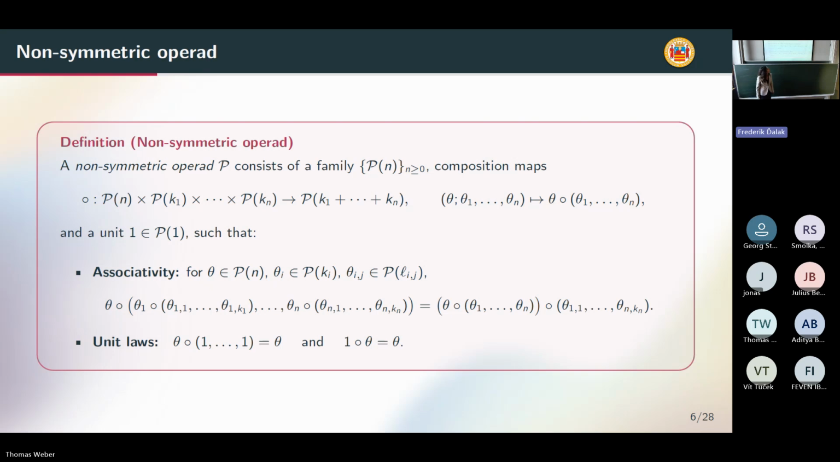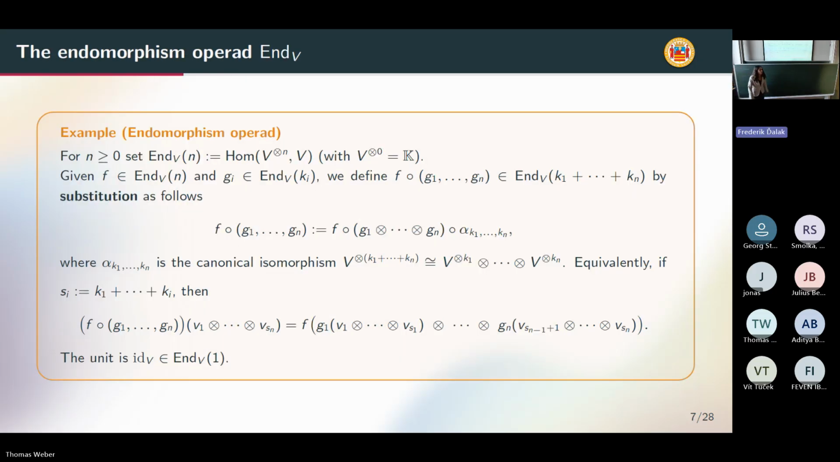And in order to make everything more complete, we can immediately look at the prototype example of a non-symmetric operad, which is the endomorphism operad. And it is exactly the structure we mentioned before. So here we set End_V(n) exactly equal to the vector space of multilinear maps from V tensor n to V. And here we define composition exactly by substitution. So when you have a linear map F and you have n multilinear maps G1, G2, Gn, then you can